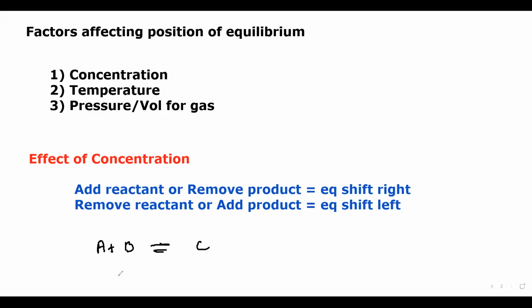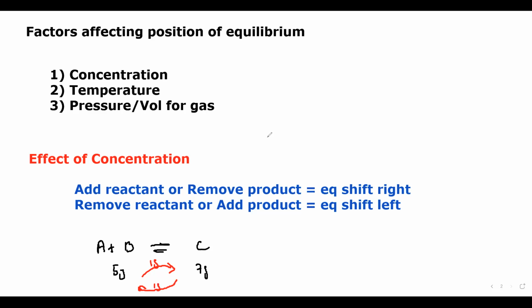So we have, for example, 5 grams of A and B at equilibrium, and 7 grams of C. And it is at equilibrium, so it means the rate of the forward reaction equals the rate of the backward reaction. Like if 1 gram out of the 5 grams of A and B is reacting and forming a product, at the same time 1 gram of C will decompose and form back the reactant,